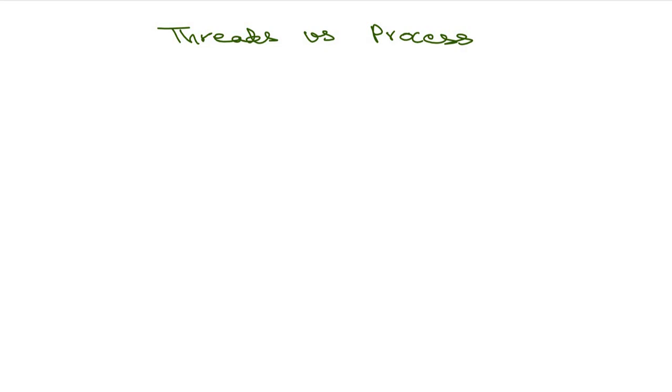So today the topic that we're going to discuss is threads versus process. First of all, let's see examples where we can understand. Let's say we're talking about a word processor. A word processor or any other application is considered to be a process, whereas the things that are happening in these applications are threads. For example, in a word processor, it takes input from the user,